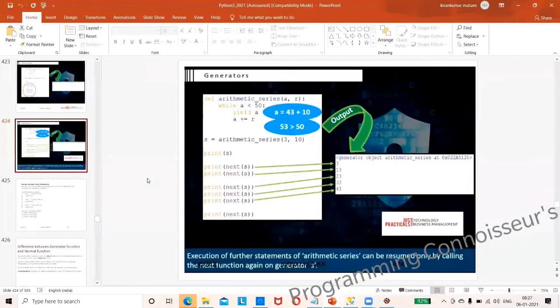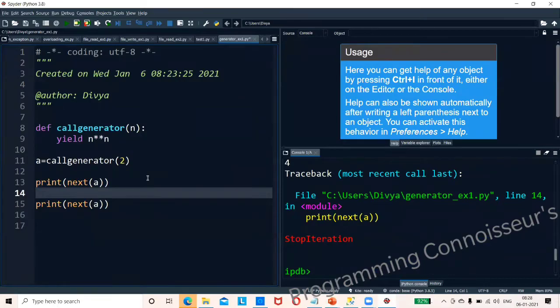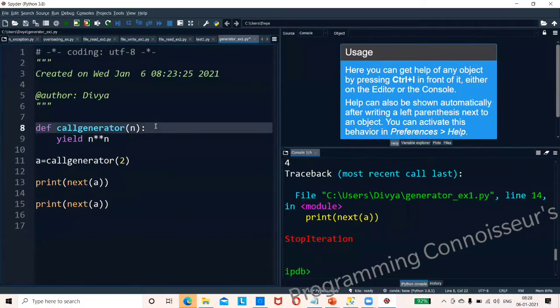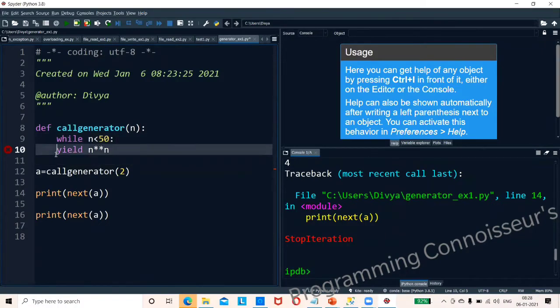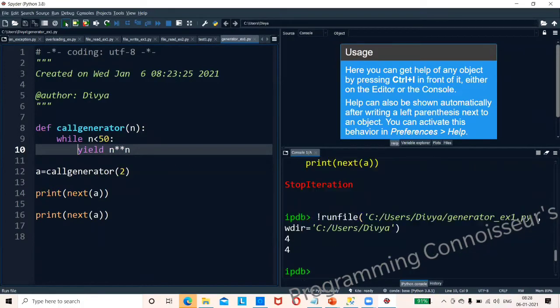See what happened now, until where we want to go we can keep. So now what I will do, while n less than 50. Now the error will not come.